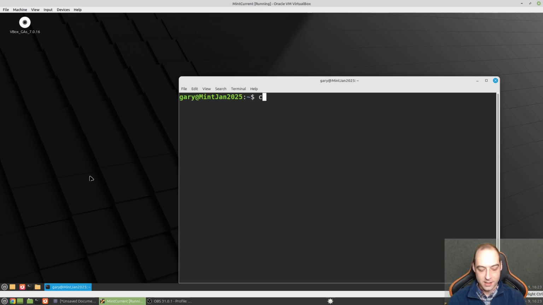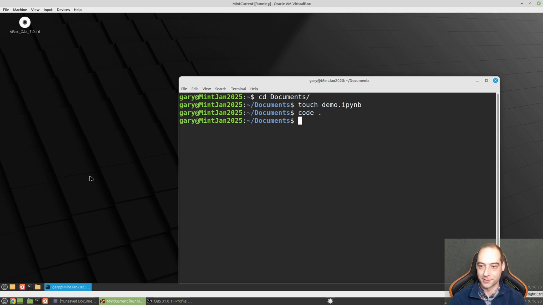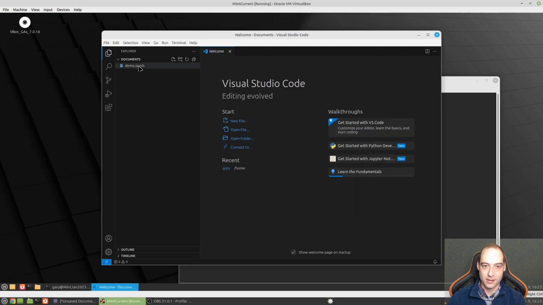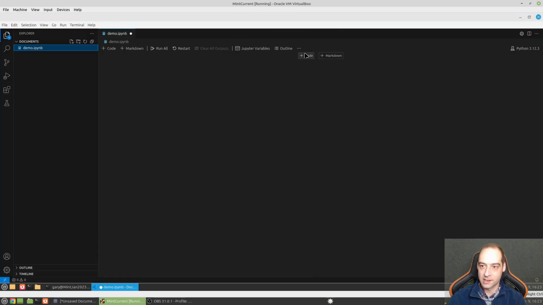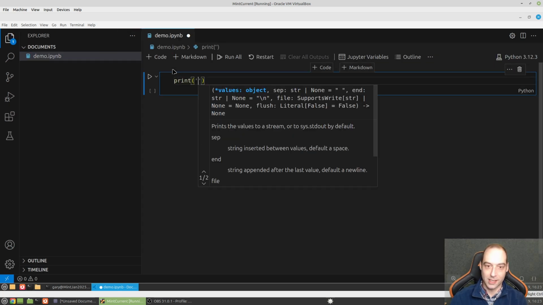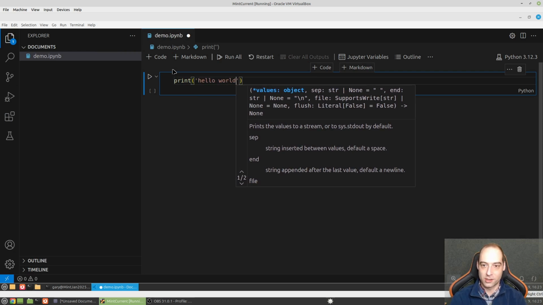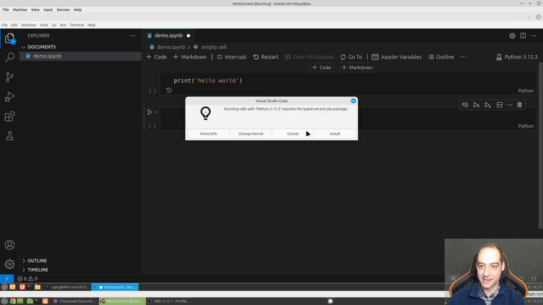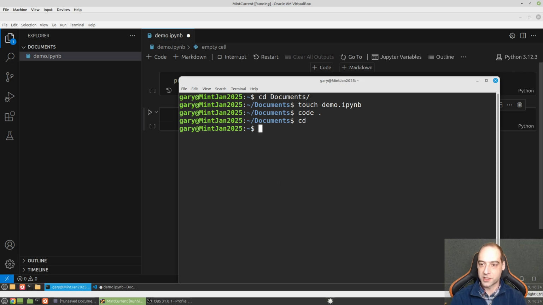Okay, so I'm just going to change into my documents, and I'll just make a demo ipython notebook and start Visual Studio Code. Okay, now if we open this up, let's see, I'm just going to print hello world, making that a little bigger, and if I run that, okay, I need to install ipykernel, and this will be a good point for me to go ahead and switch back to my home directory,